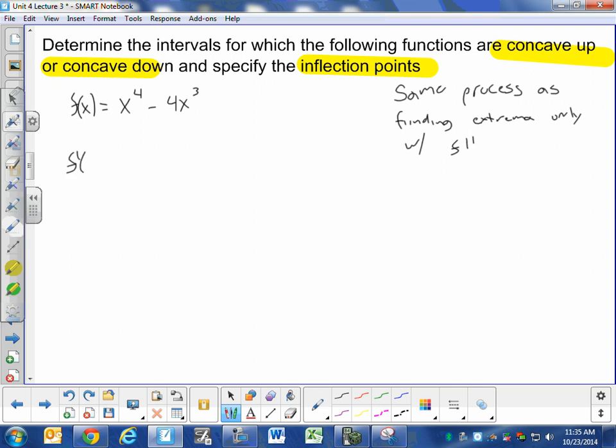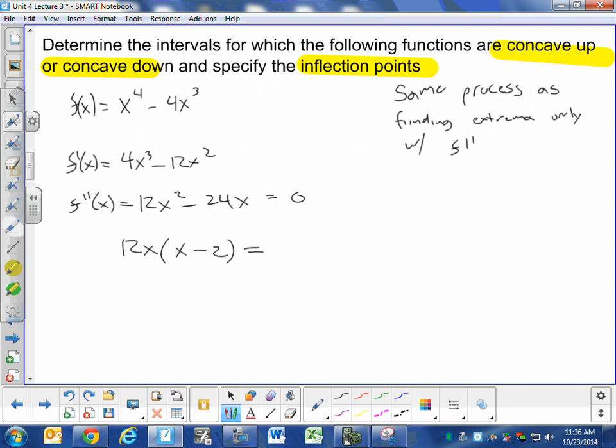So first derivative, 4x cubed minus 12x squared. Find the second derivative, 12x squared minus 24x. Set this equal to 0. This will never be undefined, so I won't worry about it. We factor to solve. I get 0 and 2. These are my possible